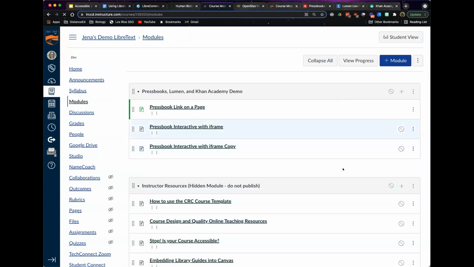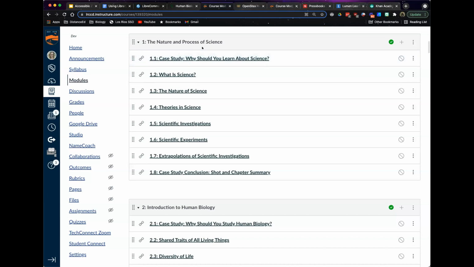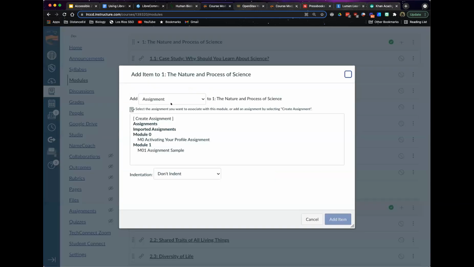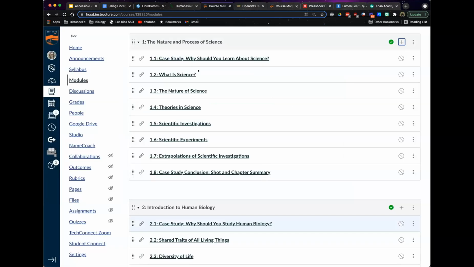You can add any additional content that you want around the modules that are already built. It's going to take a minute for it to load here. But if I wanted to add an overview page, or a page with my own lecture videos, I can do that. I can also delete any of these pages that aren't useful, and add assignments to the module, all using the add feature. So you can choose all the other things that you'd like to add to the module